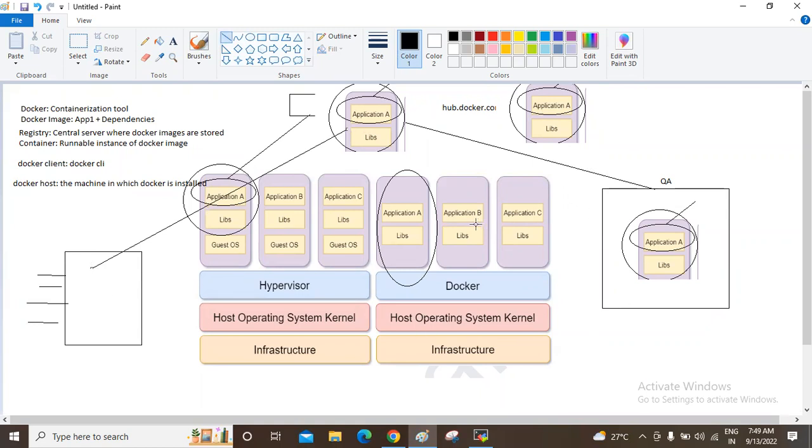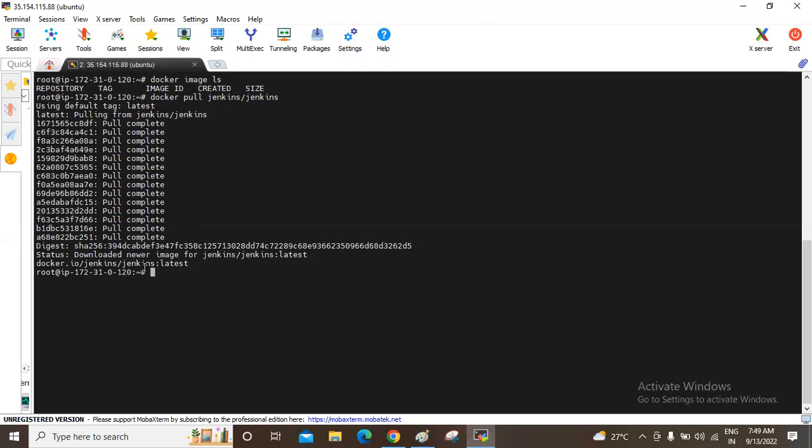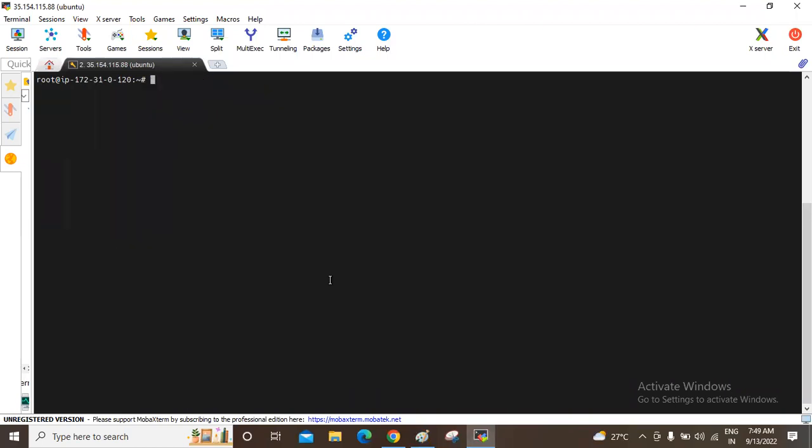Are we downloading a container? No, we are downloading a Docker image. See, this is the downloaded image for Jenkins. This tag, don't worry about that. We will learn that.